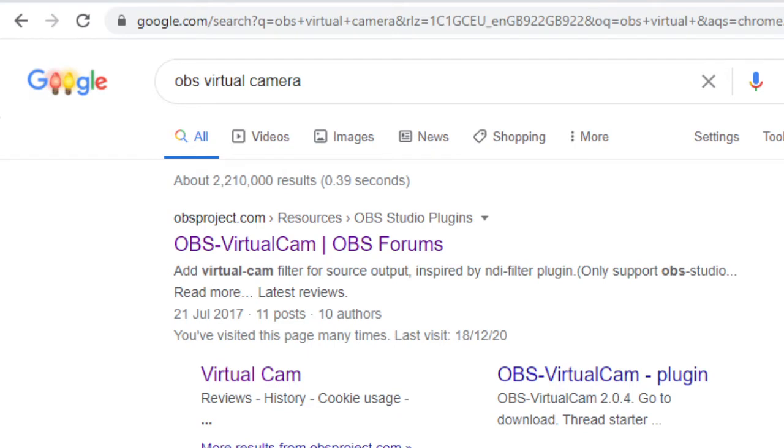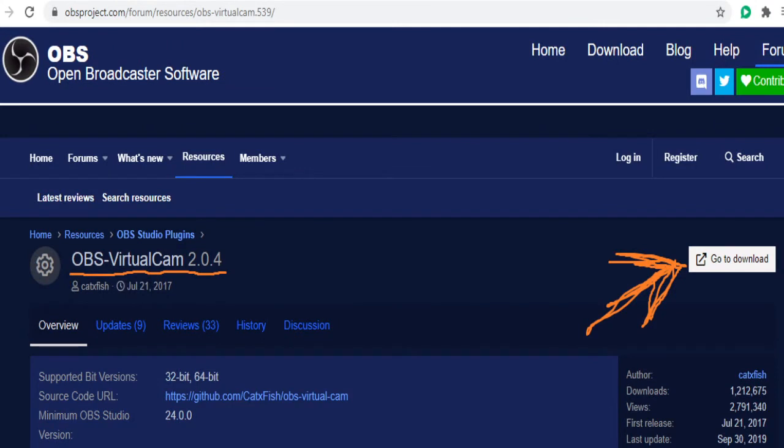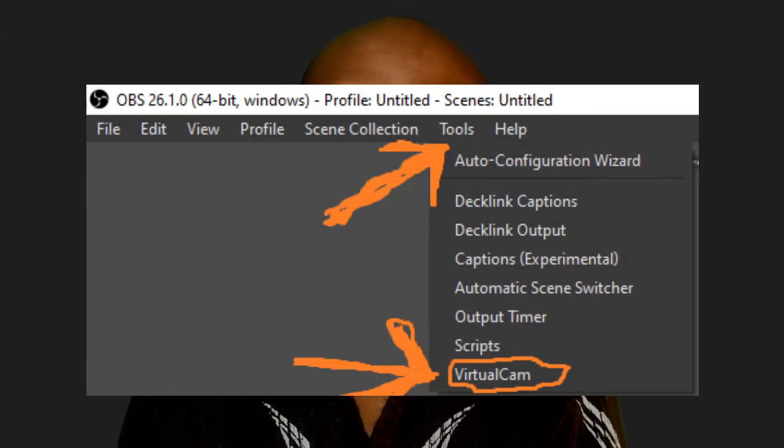You type OBS virtual camera on Google, you click on the top link, it will take you to the OBS project website. You click on download. Okay, the software will be downloaded to your computer. From there, make sure OBS is closed before you install the plugin. You close OBS if it was open, you install the plugin, then you restart your computer and you go to